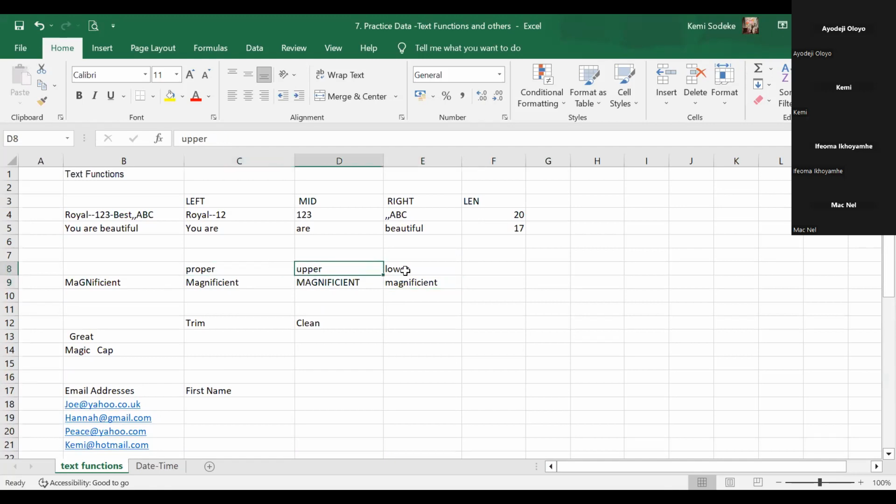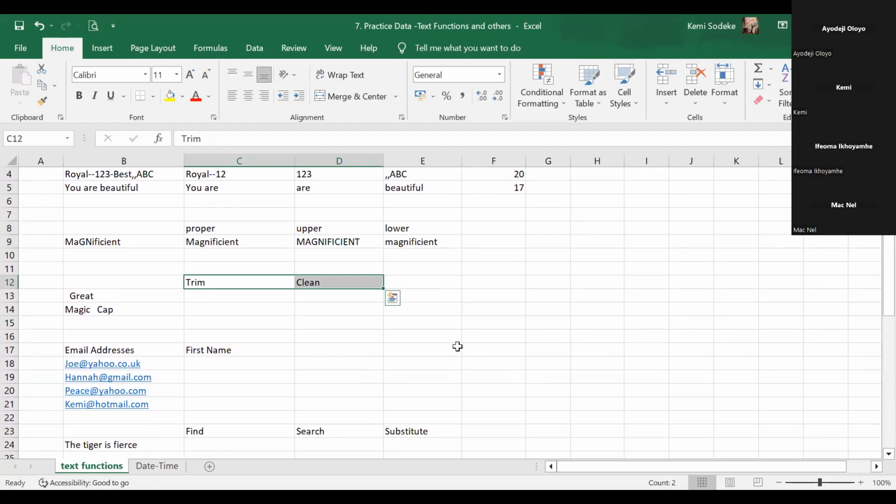So that's proper, upper, and lower. And then also two other formulas that are quite key, especially when you're looking up. Sometimes when you download data, you have some unnecessary spaces in between. And when those spaces are there, because they are seen as characters,